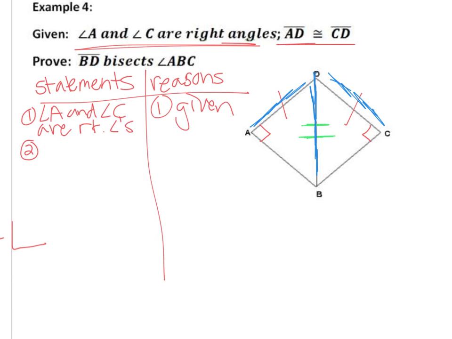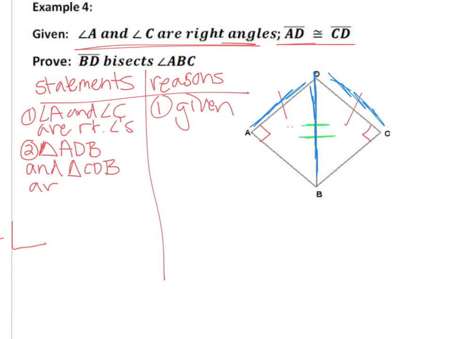So now I'm going to have to say, well, triangle ADB. Did it have to be ADB? Of course not. I'm just using any 3 letters to represent this first triangle. And triangle CDB